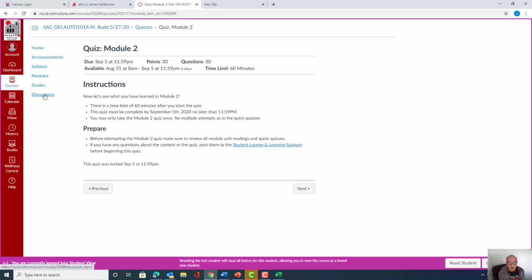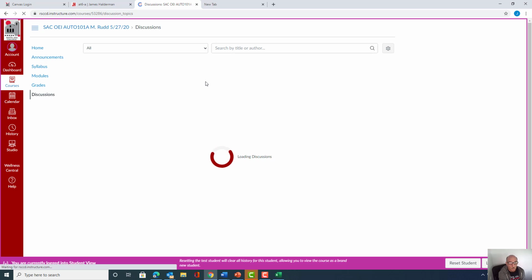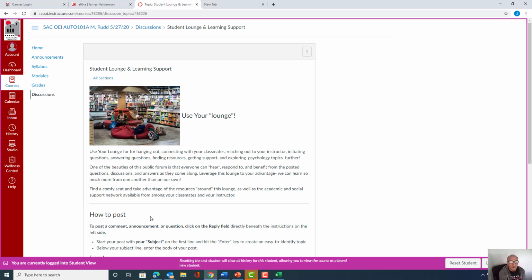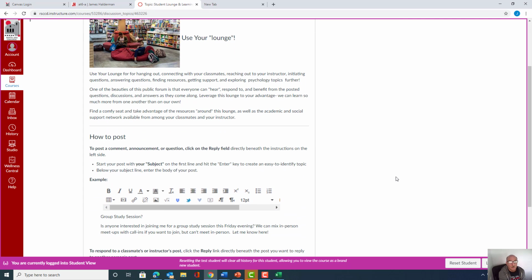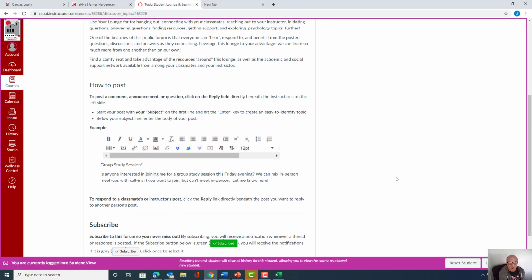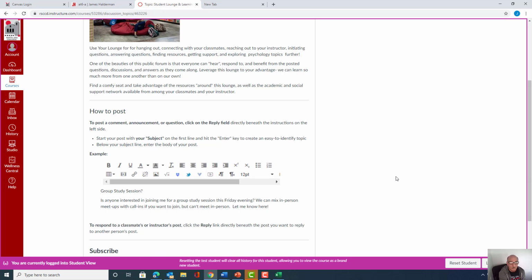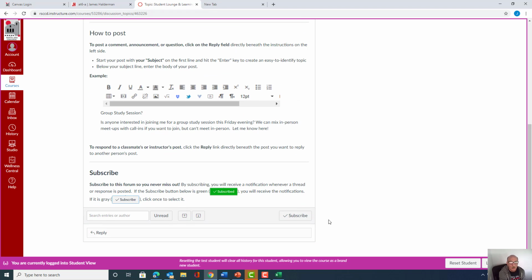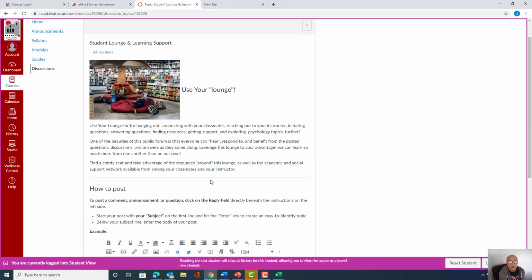Then we have discussion groups. There's a couple ways I want to communicate. One, you and me, back and forth, of course, through the inbox. But I would like for you to take advantage of one discussion group section, and it's the Student Lounge and Learning Center support, I should say. This is a great way for you to communicate with your fellow classmates. Instead of sharing cell phone numbers and stuff like that, this is a great way to communicate about the class right here. I'm not saying you can't, but if you have a general question that the class